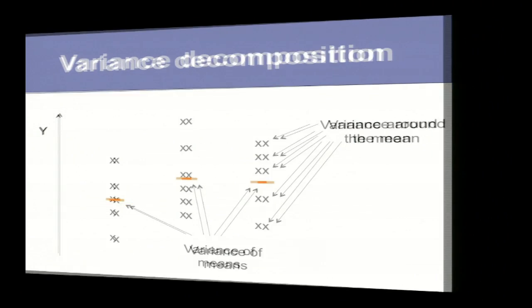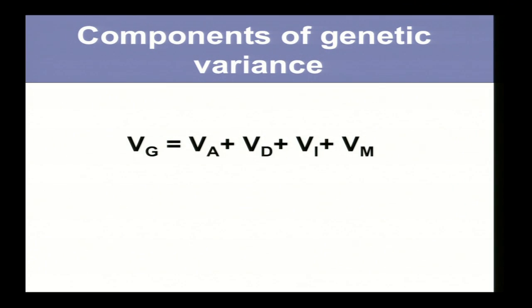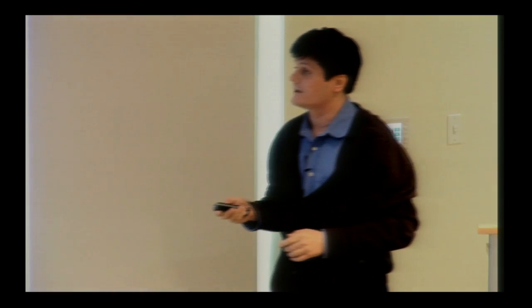Using this trick of variance decomposition, I can take genetic variance and further subdivide it into some convenient parts. Some of them are convenient, and some of them are very inconvenient, but frequently neglected. First is called additive variance. Because I think about individual genes, there is a contribution of this variance independently of anything going on, independently of environment, independently of variation in other loci, independently of anywhere else.